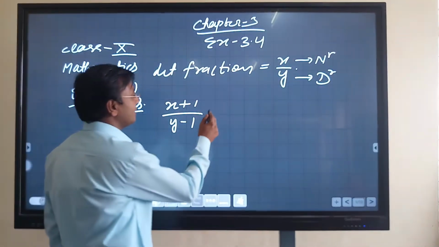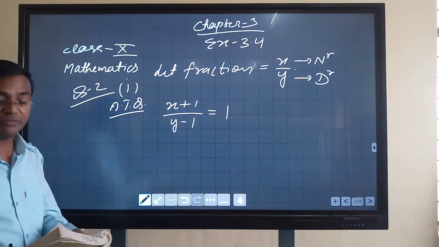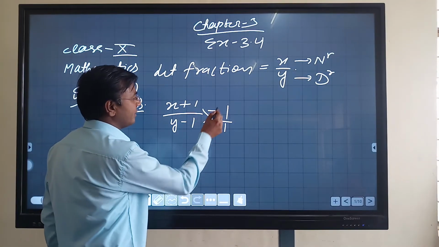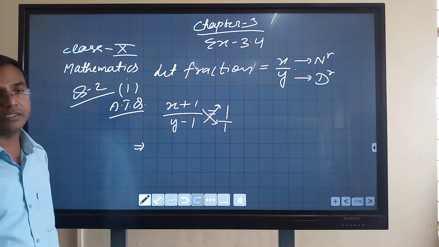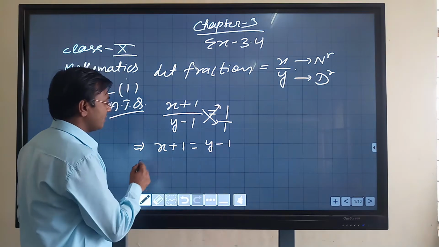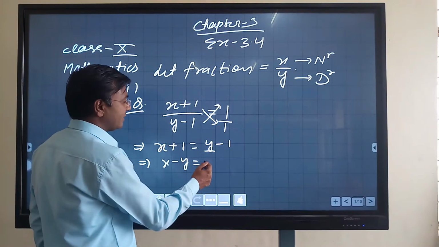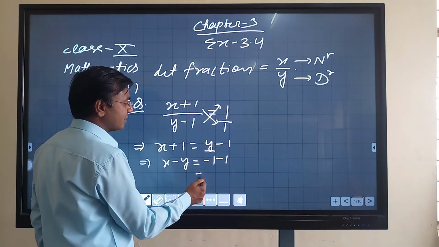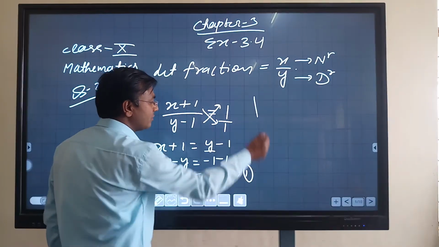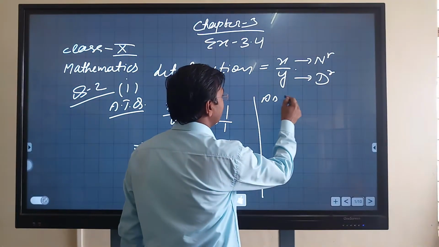Do not write 1 minus y. Then the fraction becomes how much? Reduces to 1. This is also given in the question. So this is the condition first. Now what we will do, as we have already done this kind of question in exercise 3.3. So by cross multiplication, we get this, and this implies x minus y. We are now transposing this y to left hand side, minus 1, and this plus 1 is coming this side, so minus 2. x minus y equals minus 2. Equation number first. Right? These are very easy questions. You just have to read the question carefully.